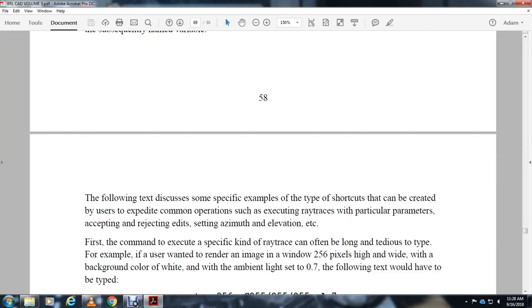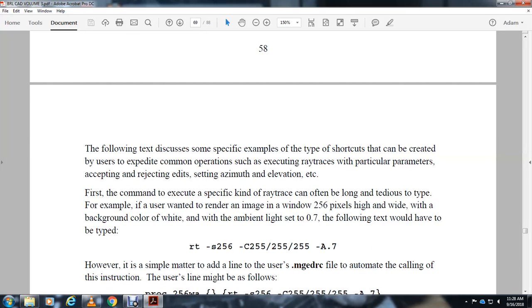The following text discusses some specific examples of the types of shortcuts that can be created, either to expedite common operations, executing ray trace with particular parameters, or adjusting settings such as azimuth, elevation, etc. The first command executes a specific kind of ray trace that can often be long and tedious to type. For example, if you wanted to render an image in the window 256 pixels high and wide with a white background color and an ambient light of 0.7, the following text would have to be typed: